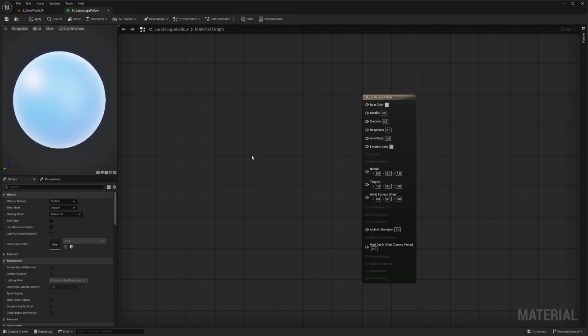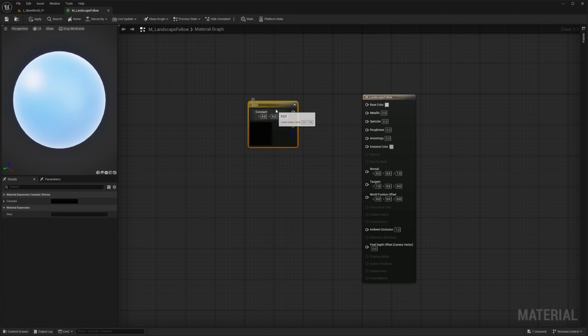And in order to get a green color, I need 3 channels, right? Red, green, and blue. I can just put the green channel there, but if I just connect one green channel, it's going to read differently. So here, press 3 on your keyboard and left click, and now you have a constant 3 vector. It has 3 channels of information. And look, this is very interesting too. Red, green, and blue is also X, Y, Z. For all intents and purposes, this is just data. So you have 3 vectors of color, 3 vectors of position.